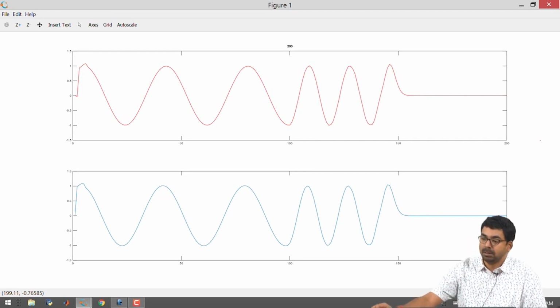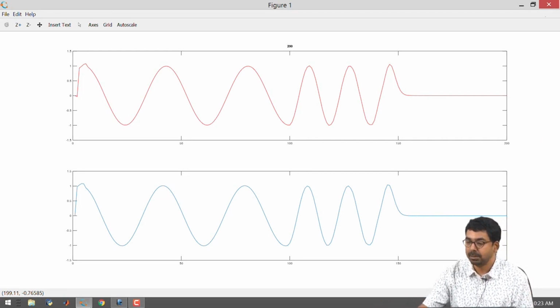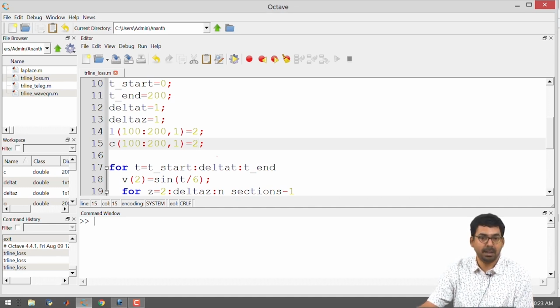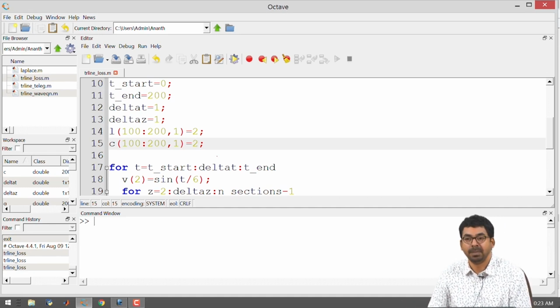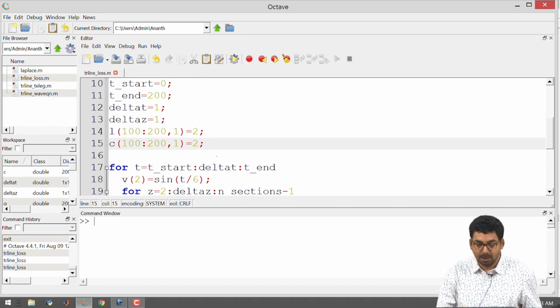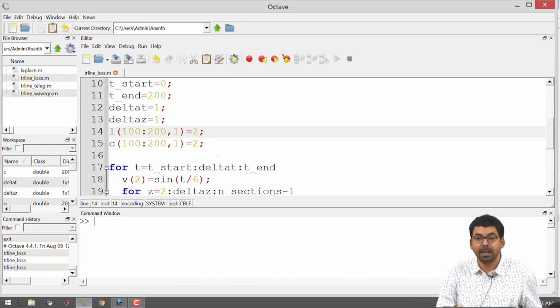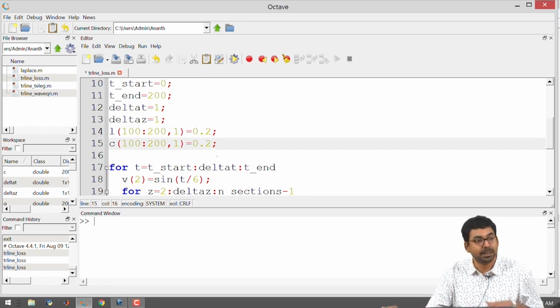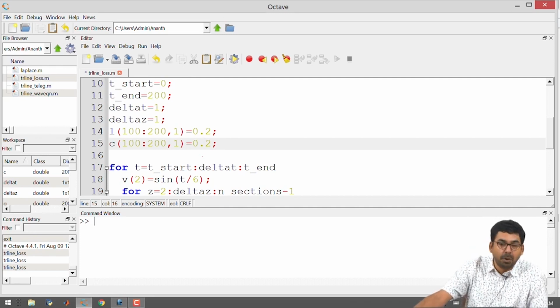Now, there is a tendency to do the exact opposite of what we did. There is a tendency to ask why can I not reduce L and C. In the way we have written the program, it is not going to yield an appropriate result, but just to make that point clear, instead of making it 2, I will make it 0.2 for L, 0.2 for C. Now also one will argue that there is an impedance mismatch and the program should capture it correctly, but the way we have written it